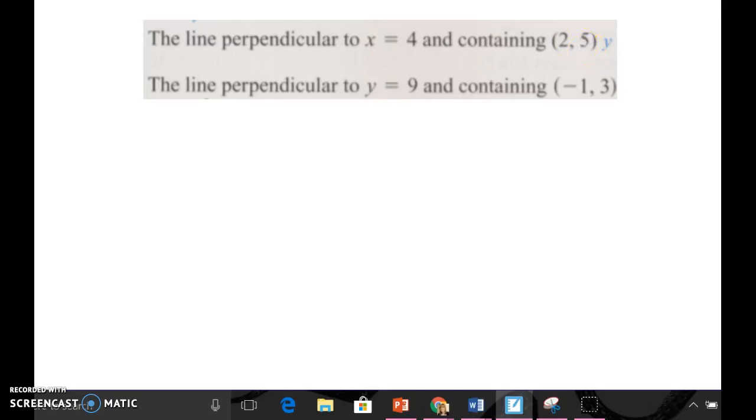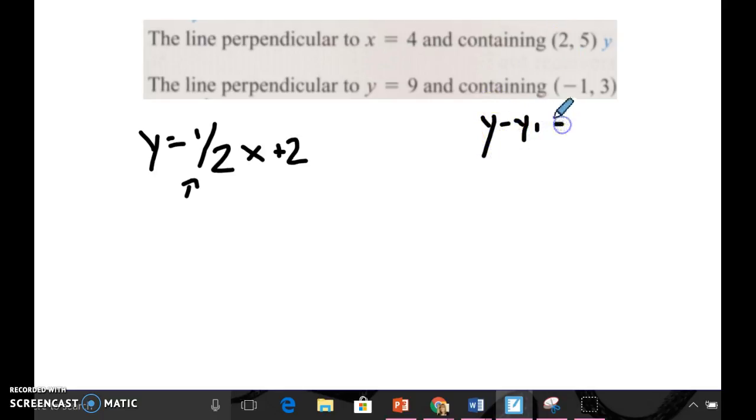So if you think about this, normally if you have an equation like y equals 1/2 x plus 2, that's normally what you would see. Normally you would be given either the equation or at least the slope, and you'd be given a point. And then you could use point slope form: y minus the y of the point equals the slope. In this case, it's perpendicular, so if the slope was 1/2, it would be -2, times x minus the